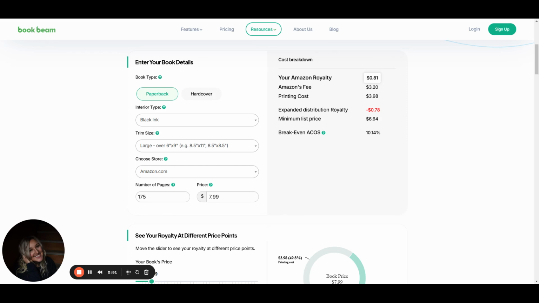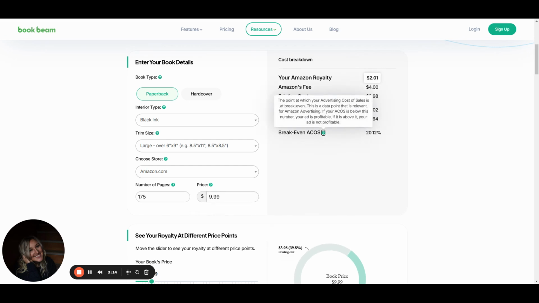We devalued our book immediately just by not understanding the cost breakdown that Amazon's giving us. Okay. So it will be really hard. And the time you put into one book just to know you're only making 80 cents from it is really difficult. Okay. Let's go up and let's just raise the price to see, like, oh, if I add $2 more,